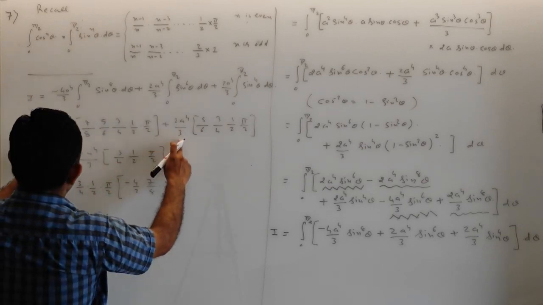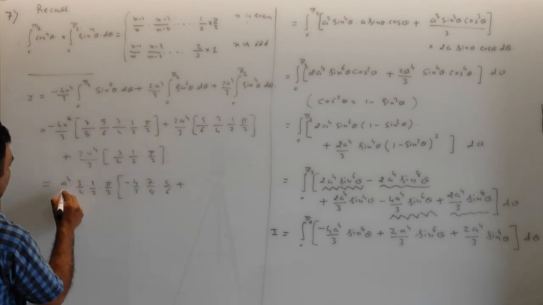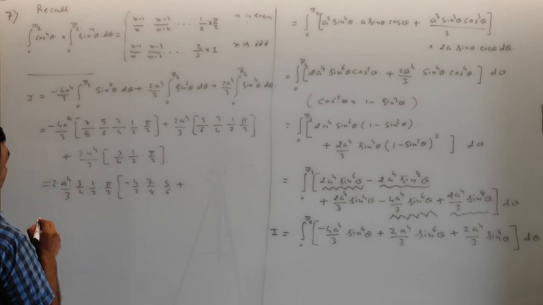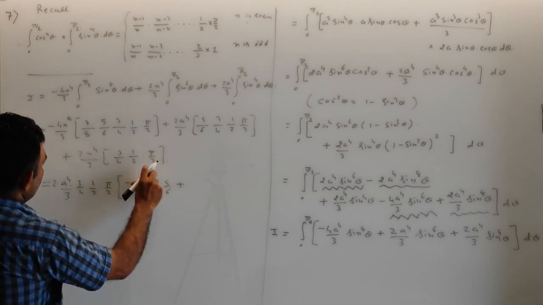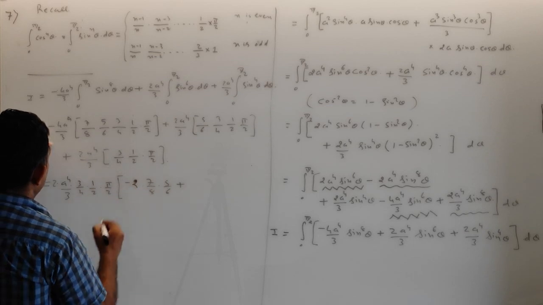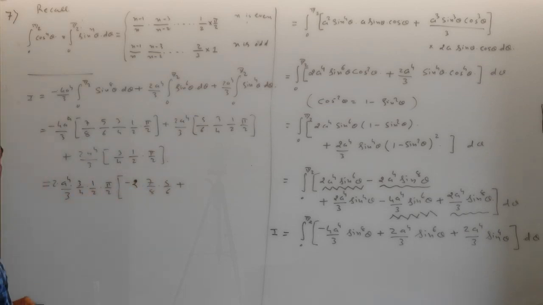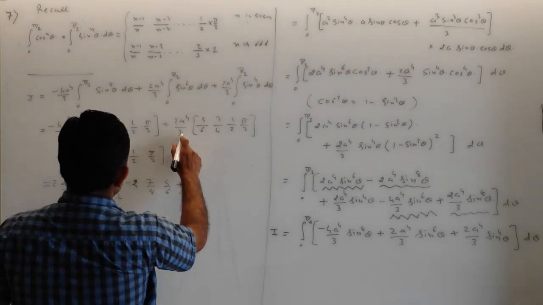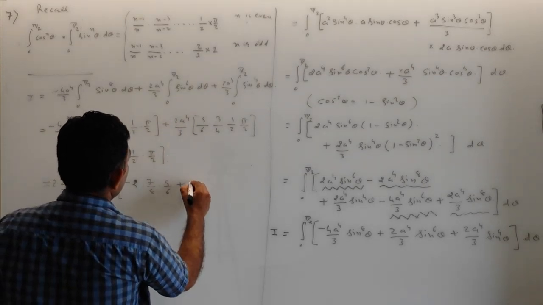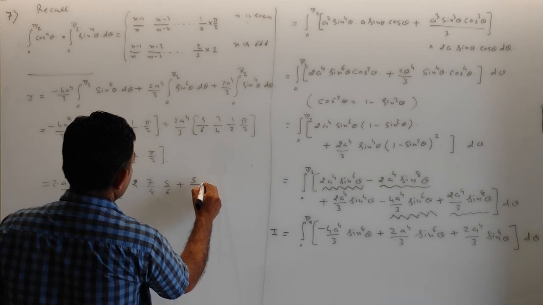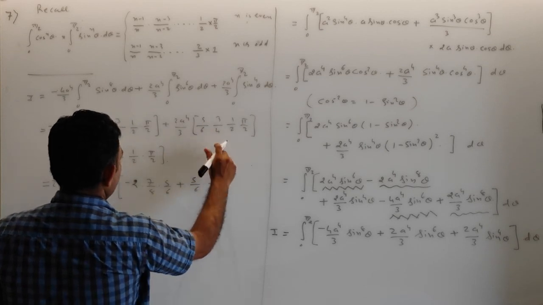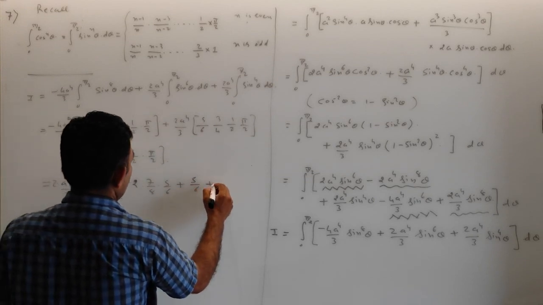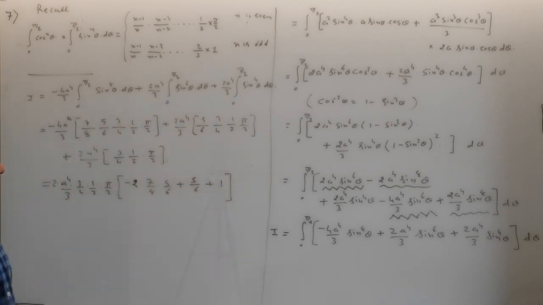here a 3 is also common. So let me take this 3, and here 2 is also common. So let me take 2 also common. So here this term is just minus 2, right? Okay, so now 2a raised to 4 by 3 is common. So this one is also common. So 5 by 6 into 3 by 4 is already common, and here 2a raised to 4 by 3, all the things are common. So it is just this, right?